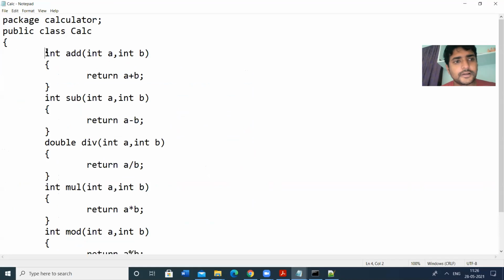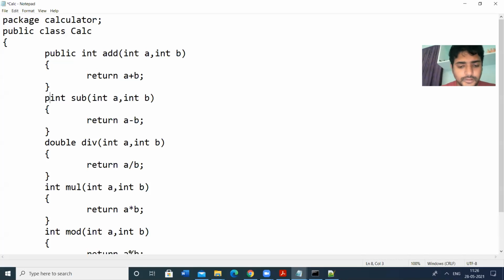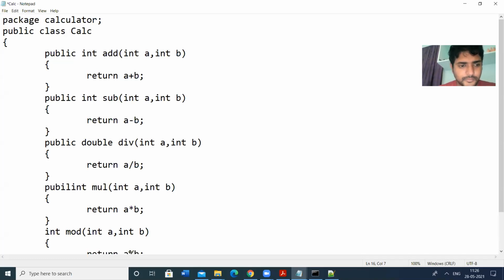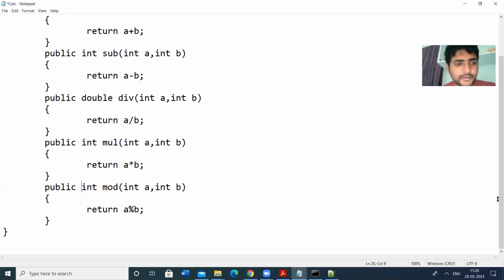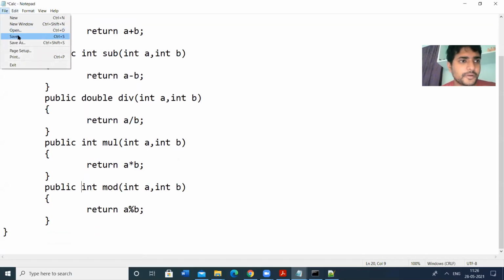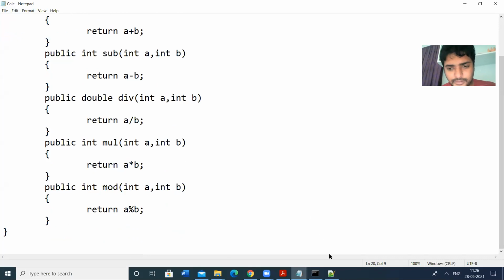So here make all these methods as public. Public, public, public, public, public. So make all these methods as public. So save the program. So program is saved.